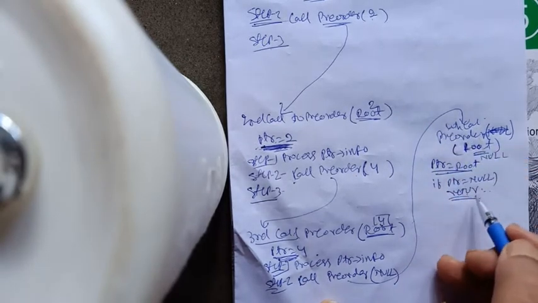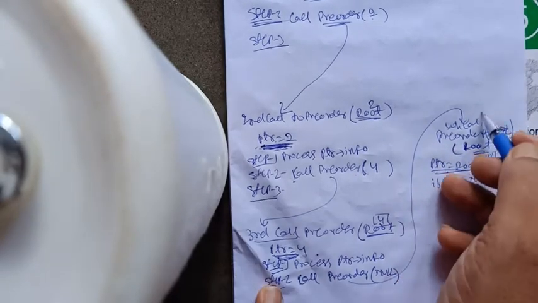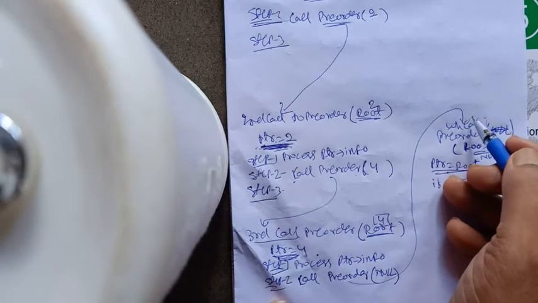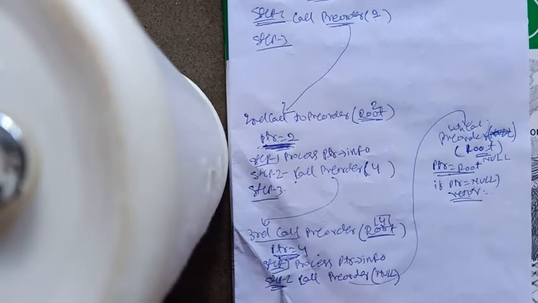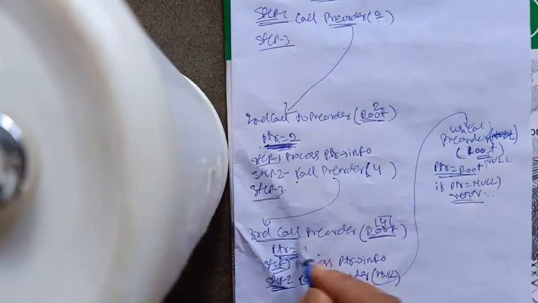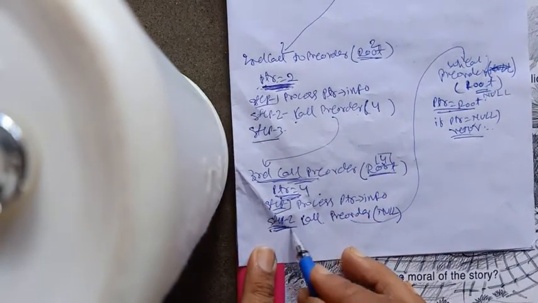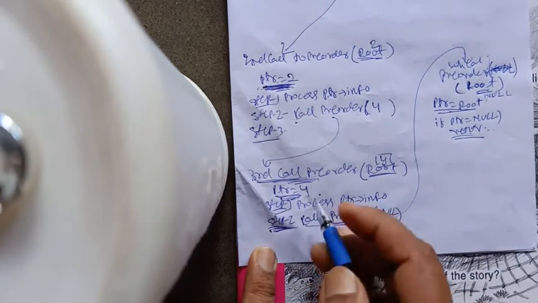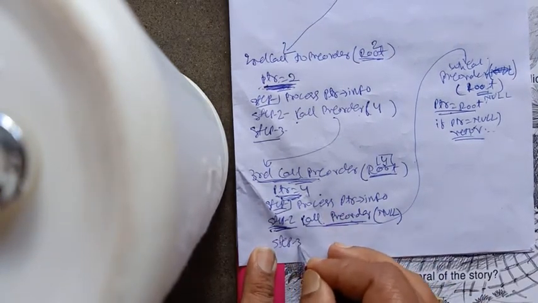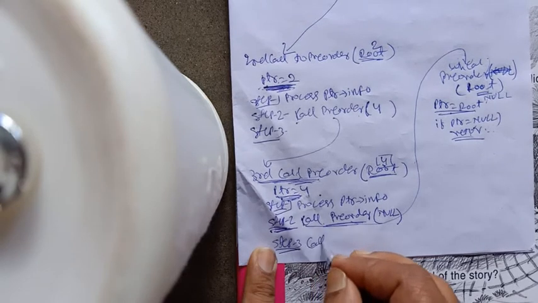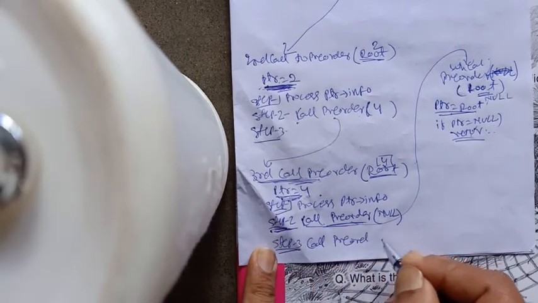The fourth call will return to whom? To the third call, to the point from where it has been called. So it will return back to the third instance. In the third instance, only step 2 has been completed. Now it has step 3 also, which suggests again a call to preorder.